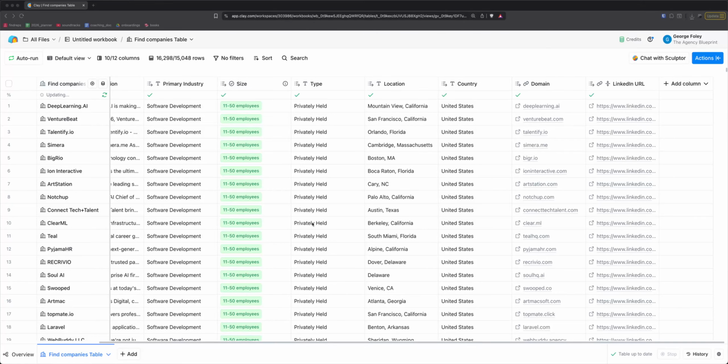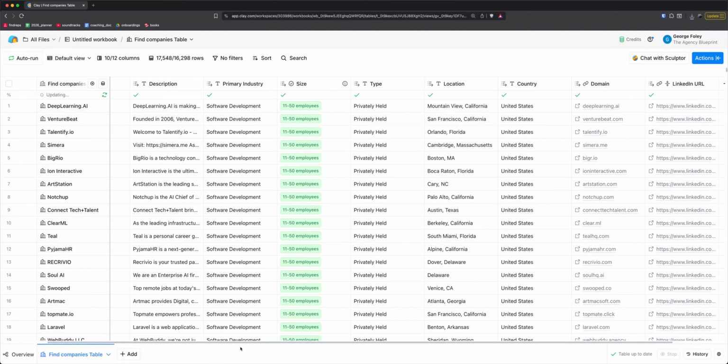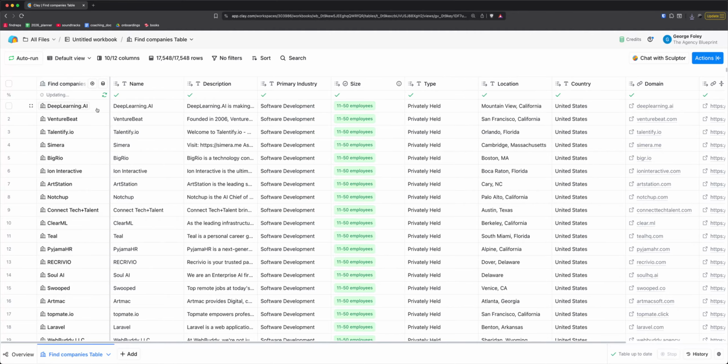This is how you can enrich company data using Clay. So we want to start with a list of companies that we've already imported. You can see I've got some companies here, and we've got a description, primary industry. This is the information Clay gives you by default, but there may be more information on their LinkedIn, which we